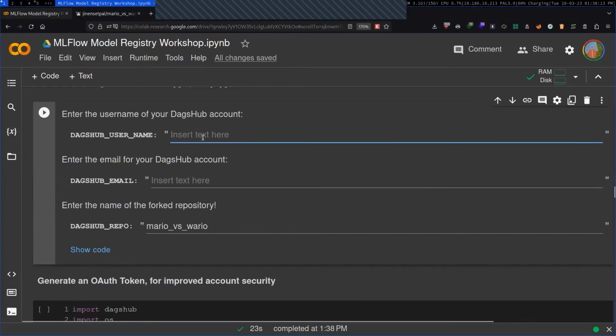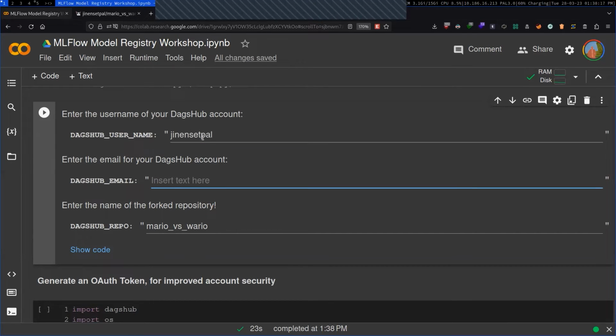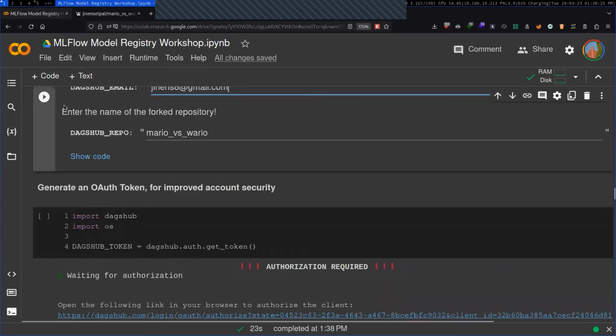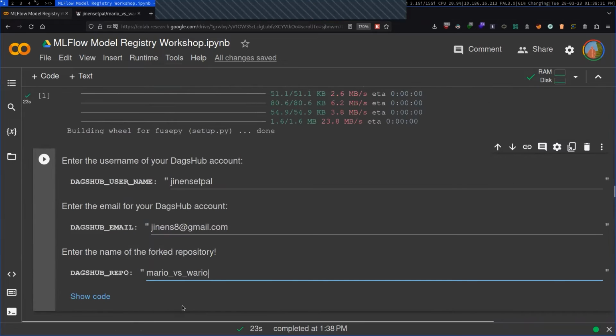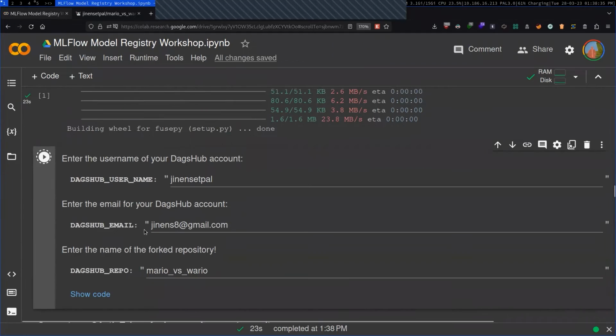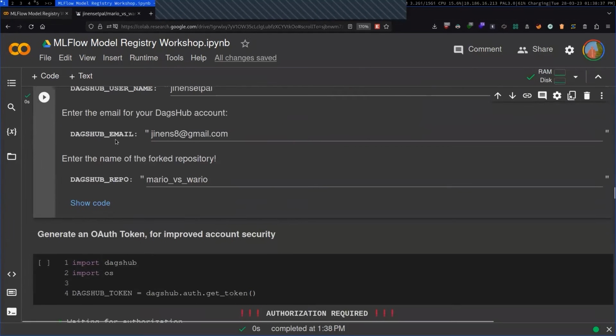enter your username that you used to sign up. In my case, it's my name in lowercase, and the email that you used to sign up for your DagsHub account. That is my email address. So you can enter the name of the fork repository. So if you've changed this, you would probably want to change it to that. But since I let it be the same, I don't have to make any modifications. So that is